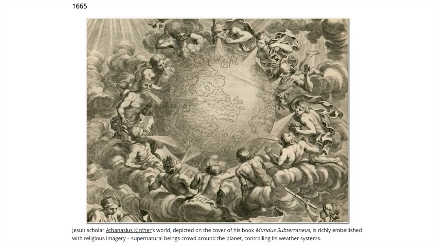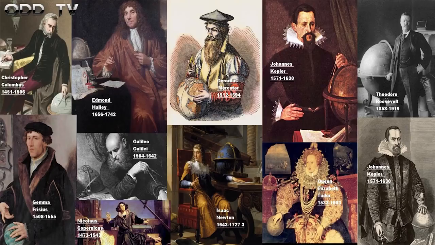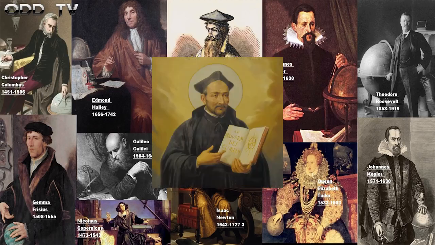Here is what the Earth was depicted like thereafter. This was created by a Jesuit scholar in 1665. Yes, the heliocentric globe model of the world has always had its advocates, but these celebrated figures throughout history have almost all been easy to spot Freemasons, and I should note that Freemasonry is a form of Judaism. And the founder of the Jesuits, Ignatius of Loyola, was a crypto-Jew. A crypto-Jew is a Jew who converts to another religion and outwardly embraces the new religion, while secretly maintaining Jewish